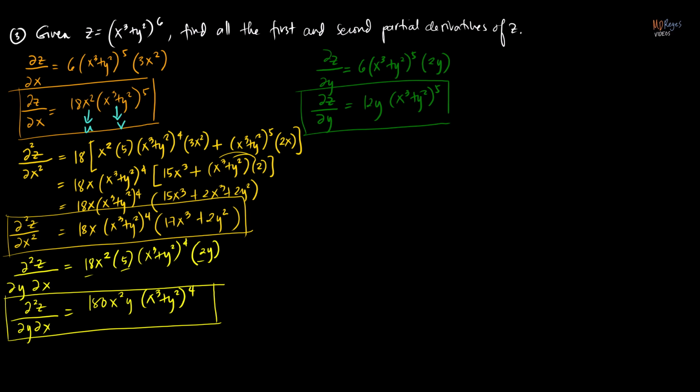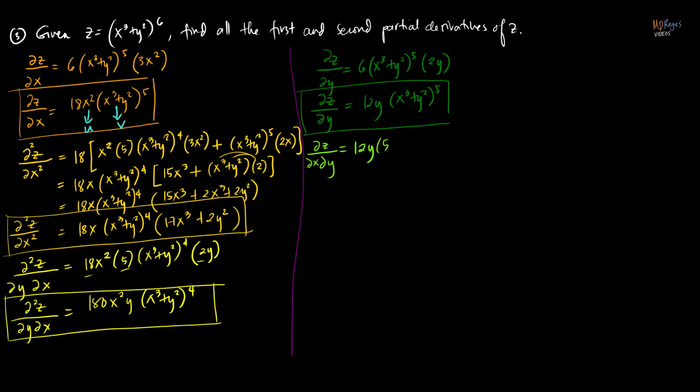Now let's go to the second partial derivative of z with respect to x, first partial with respect to y. So in this case, we are differentiating with respect to x, so therefore 12y is a constant here. And then the derivative of x cubed plus y squared to the 5th power with respect to x, it's going